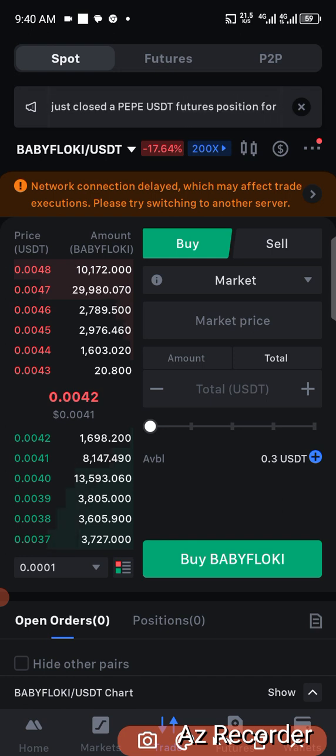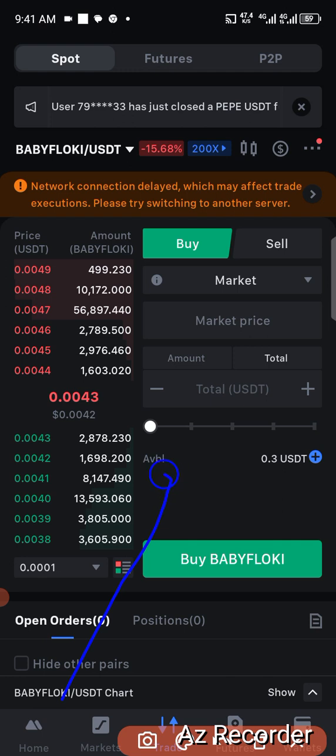Now, before you click on this buy that we have here, the first thing you need to do, so that they won't bounce you out or you start having challenges, is you come to this point where we have available balance. At that point, you can equally increase what you want to use from your USDT to buy the Baby Floki. Look, this is what you do. You come down to that point. Either you increase it